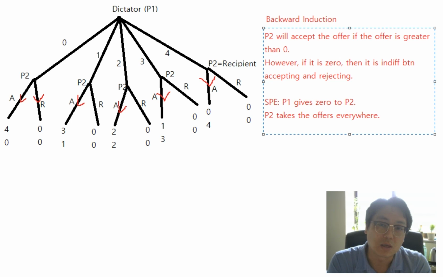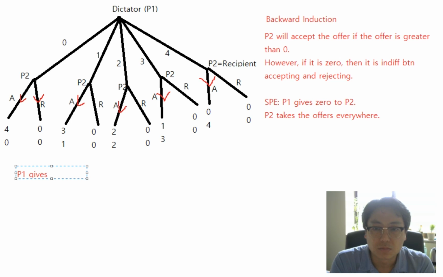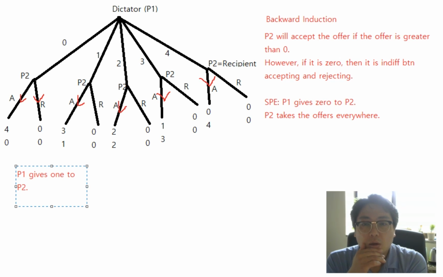This is an SPE. Again, what I'm arguing is that this is not an equilibrium. Player 1 gives, for example, 1 to player 2, right? Actually, there's one more SPE. Player 1 gives 1 to player 2,